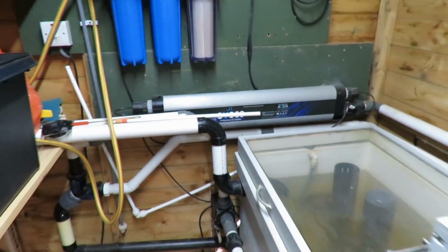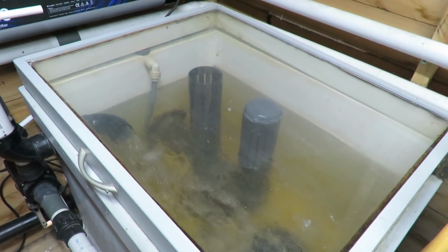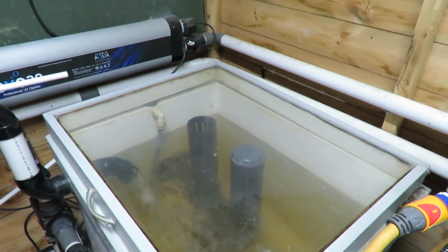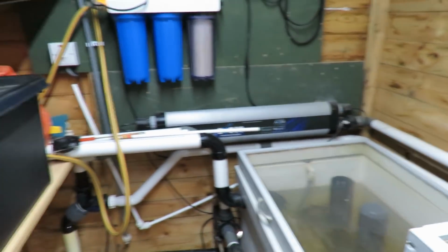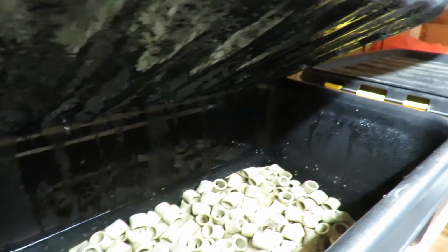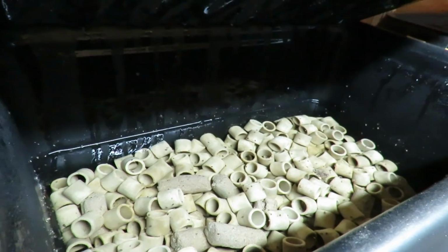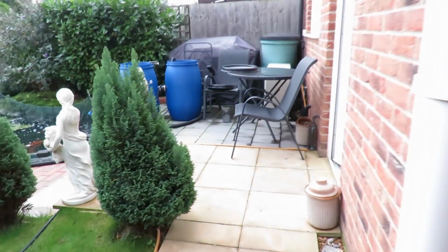Well guys, that's got most of the K1 media moved. As you can see, the moving bed's empty. We're still running at the moment, but I'm going to shut it down now because I want the media out of this moving bed, and I don't want any dirt that's at the bottom of this. That's really clean, look. There's bound to be some dirt in the bottom, but that's been running weeks and I haven't touched it. But anyway, I've got to get that out and get it into the temporary tubs, which are out here,